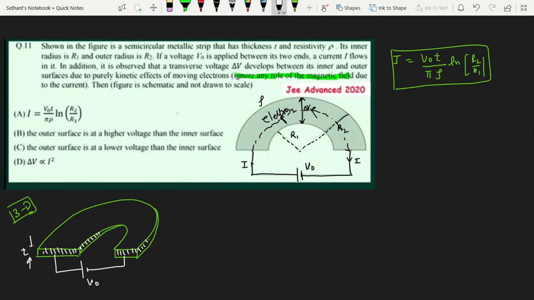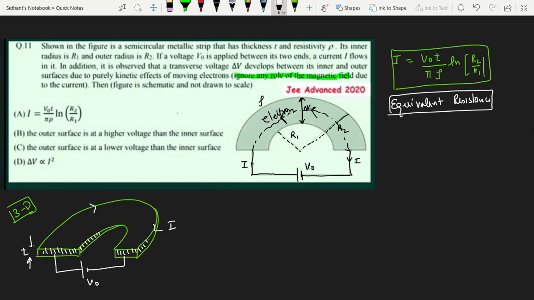So how do you calculate this current that is flowing in this particular strip? How will we calculate the current I that has flowed in it? To calculate that current, first of all, we have to calculate the equivalent resistance of the strip, okay? We will calculate the equivalent resistance. We have to calculate the net resistance. Okay, so now how to calculate the net resistance? What I can do is